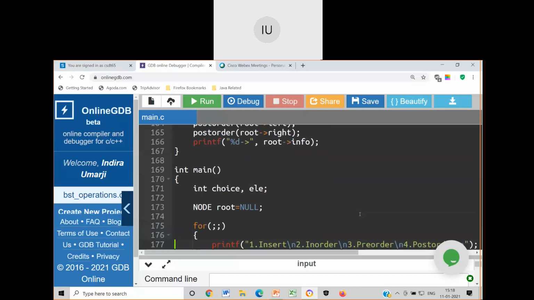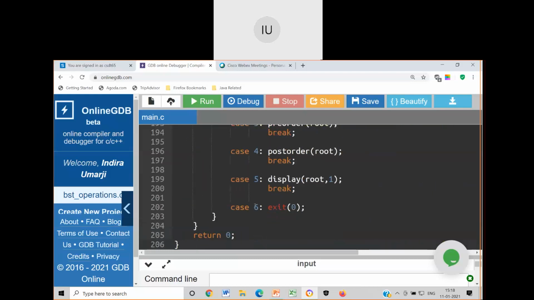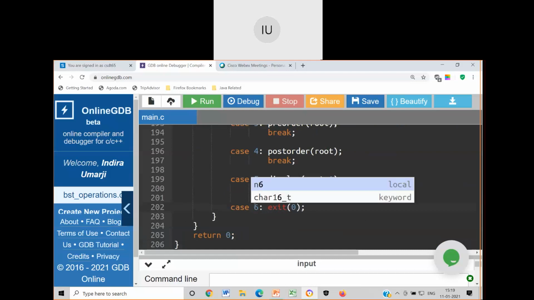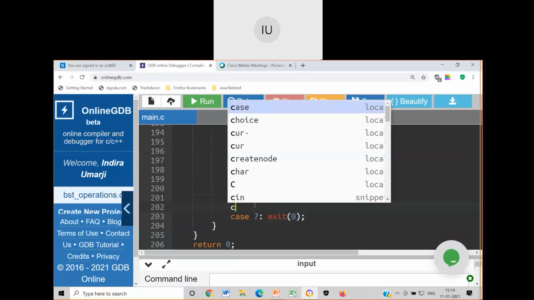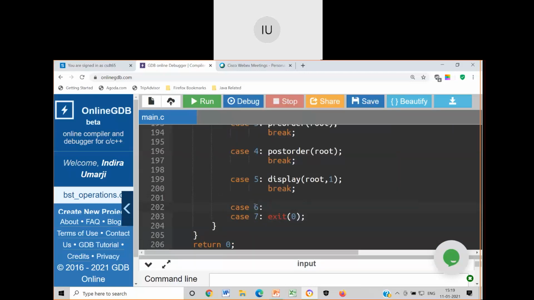Let me write that as case 6. Case 7 is for exit. Case 6: min equal to minimum underscore BST of root.